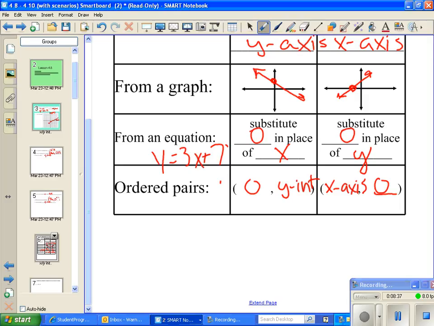Okay. So Christina, how do you find y-intercept? Find y-intercept, you put 0 in place of the x. Okay, to find the x-intercept, you put 0 in place of the y. It's always the flip-flop of what you think. Okay, any questions on the chart? Okay,